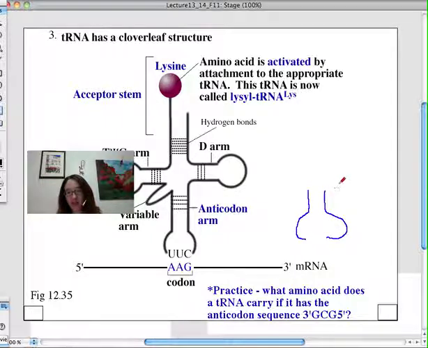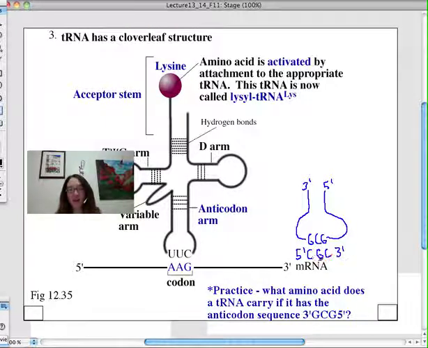And we remember that if we kept on drawing, up here would be the 3' end and then the 5' end. So we need to put the most 3' end of the codon in this region. So we would have G, C, G, so that then it could recognize the 5' side of the codon. So then the codon would be C, G, C, right? So anti-parallel relationship, don't forget to do that to make sure that you're pairing the anticodon and the codon